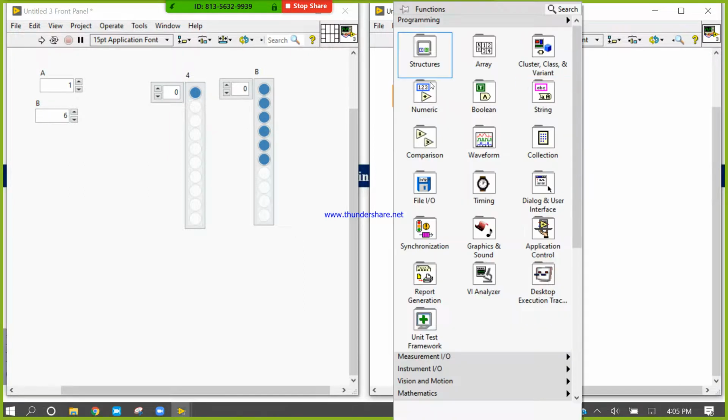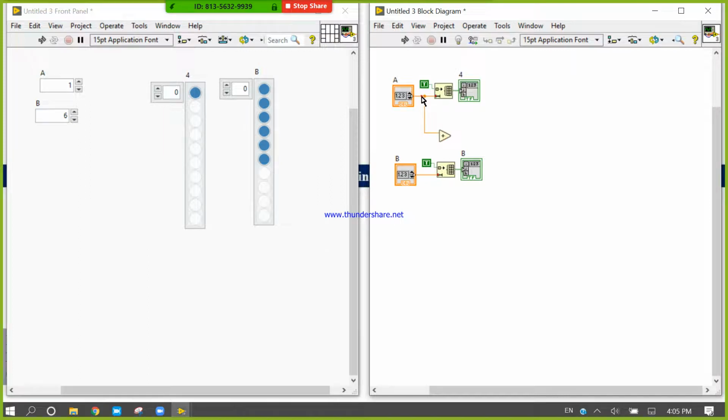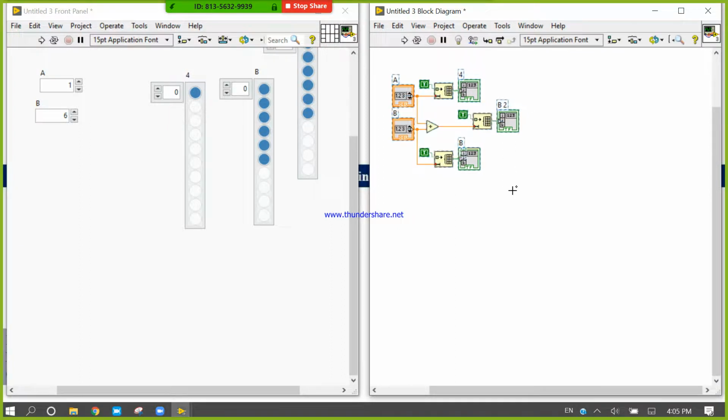Here, look at the first condition. If I add this thing, it is my basic concept.